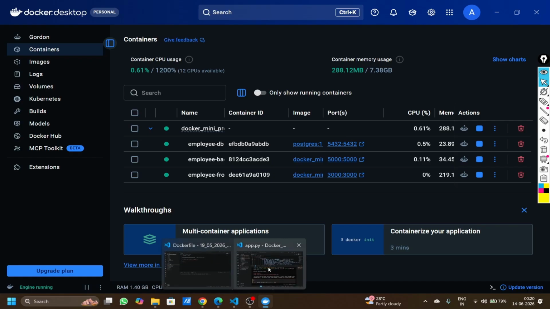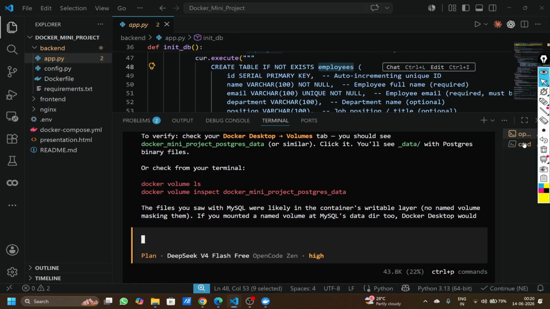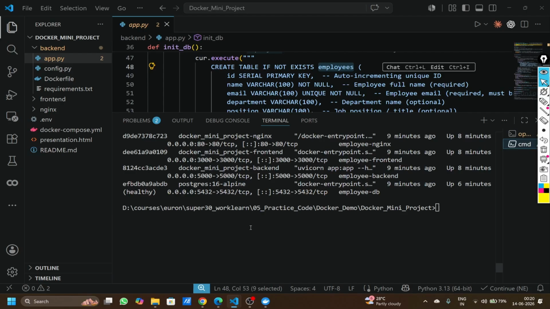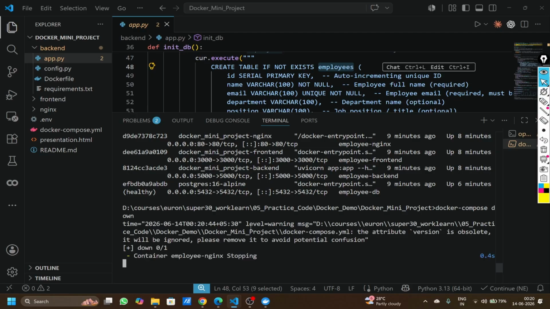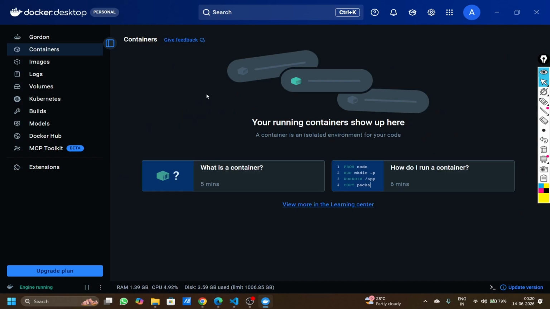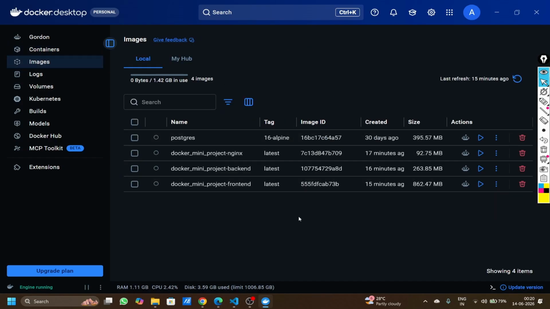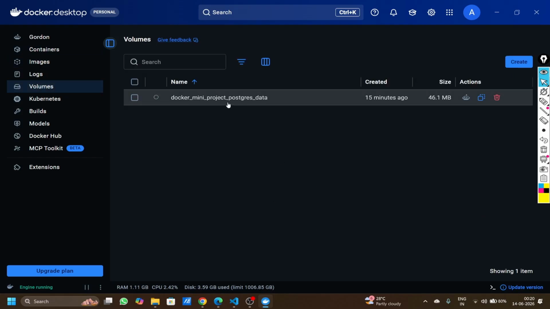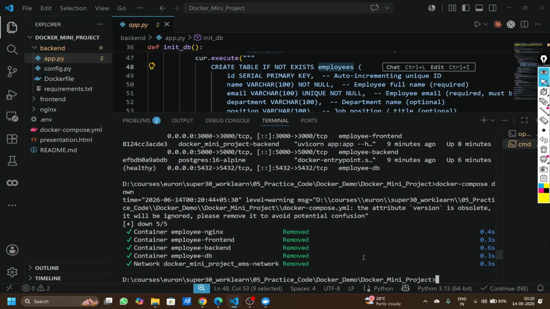Now let's try to bring down the containers. So we have this command here, docker compose down. We just run the same command. So this will remove all the containers. Well, the image will stay. So here you can see, the image stays, and even the volume is staying. So if we restart the containers again,